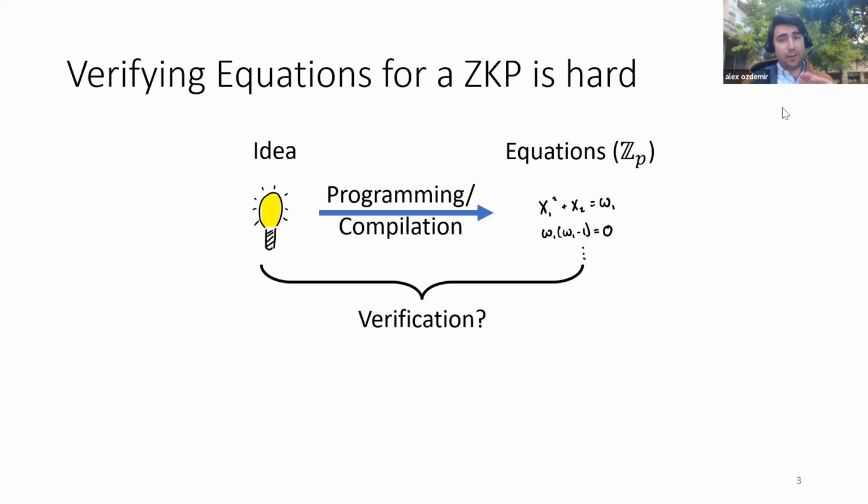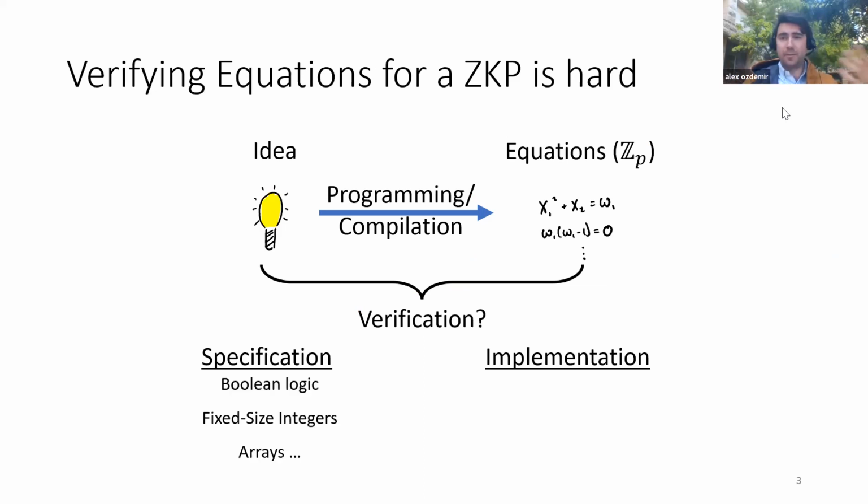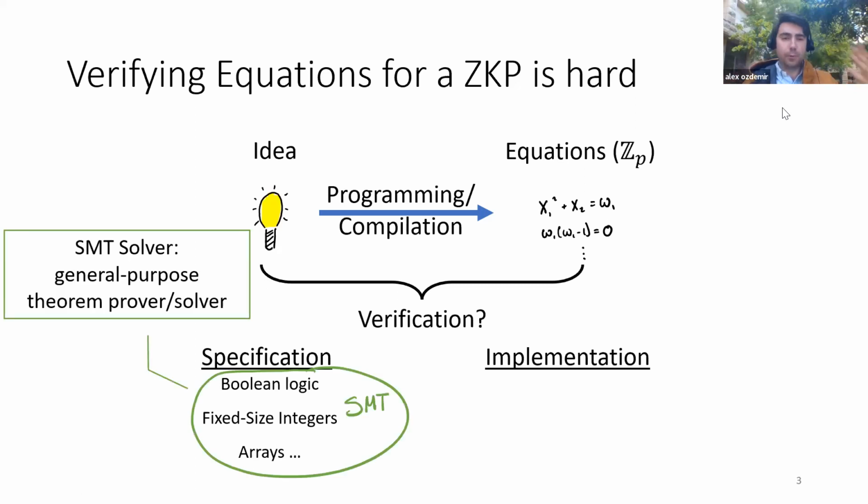You see, if we were to write down a spec for a payment system, that spec would deal with objects that we're familiar with. There might be some Boolean reasoning indicating when somebody can spend money. There might be some fixed size integers that indicate how much money somebody has to spend. There might be arrays that represent the global state of the system, the account balance for every individual. All of these objects have been the object of verification for a long time. And so existing solvers, things like SMT solvers, can reason about Booleans, about fixed size integers, about arrays with reasonable